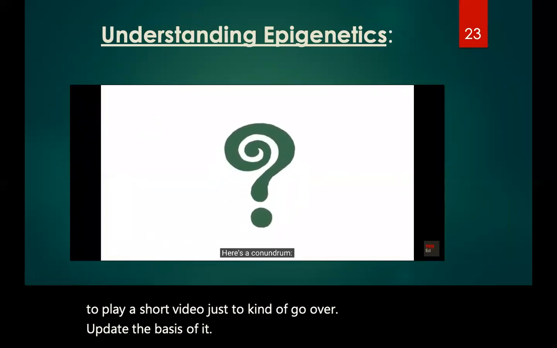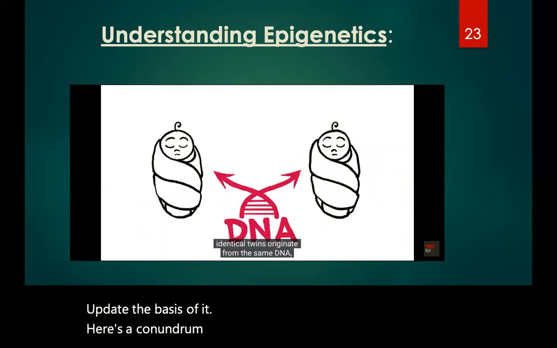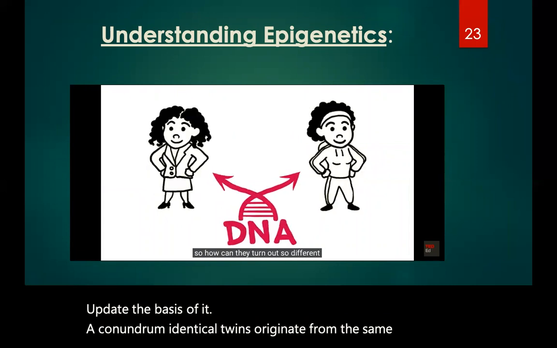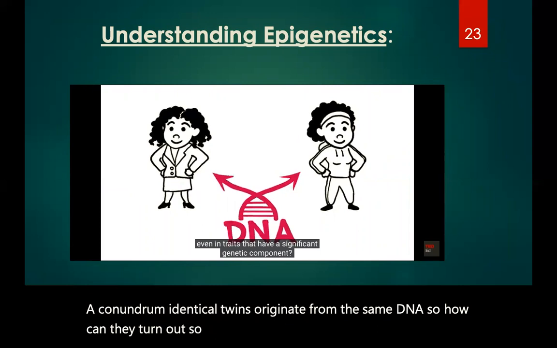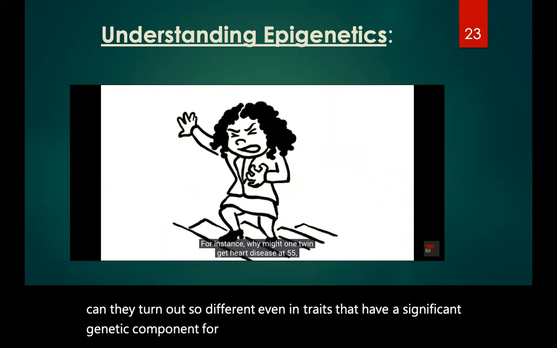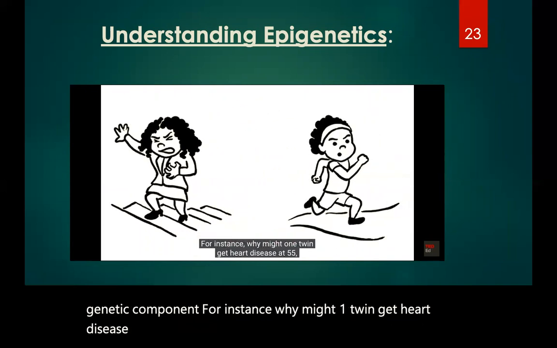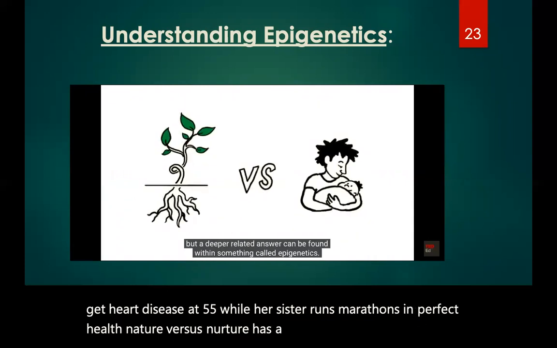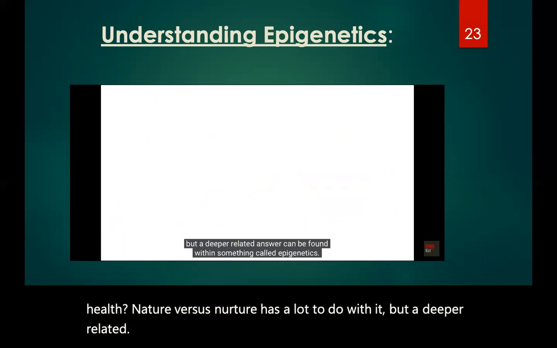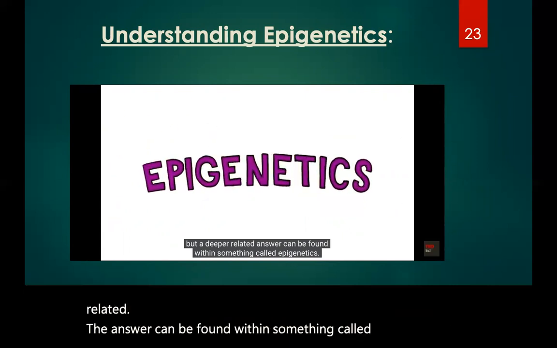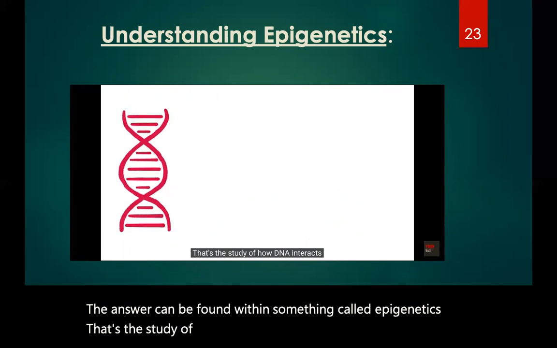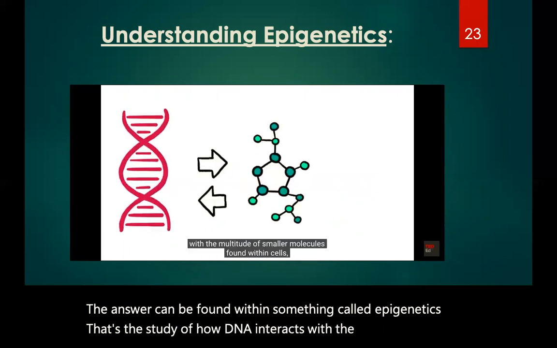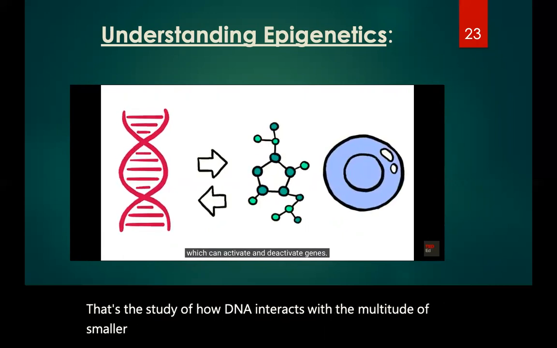Here's a conundrum. Identical twins originate from the same DNA, so how can they turn out so different, even in traits that have a significant genetic component? For instance, why might one twin get heart disease at 55 while her sister runs marathons in perfect health? Nature versus nurture has a lot to do with it, but a deeper related answer can be found within something called epigenetics. That's the study of how DNA interacts with the multitude of smaller molecules found within cells, which can